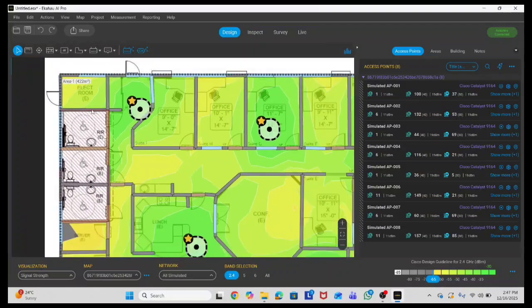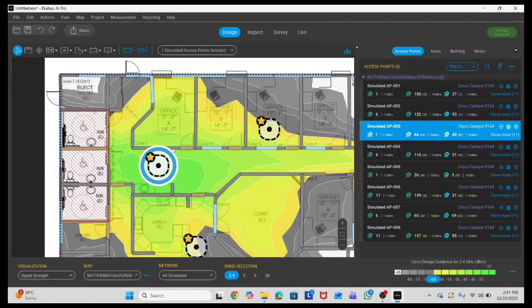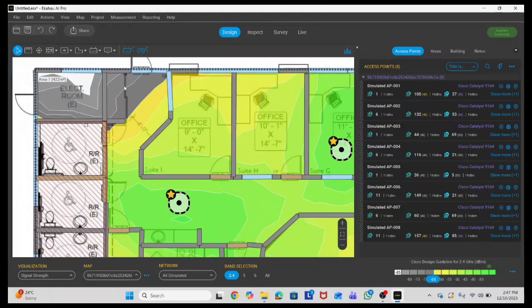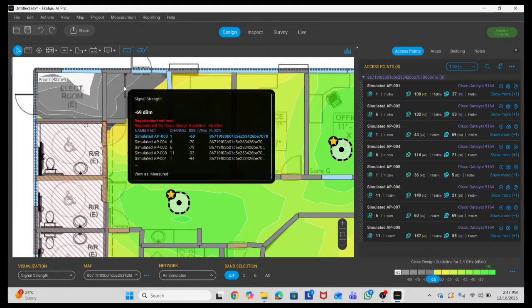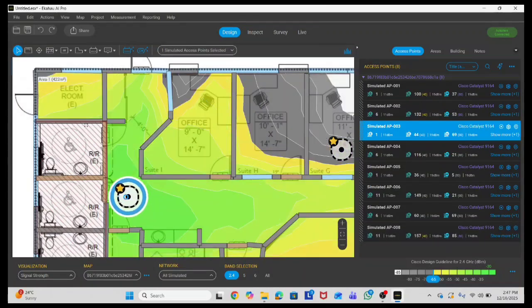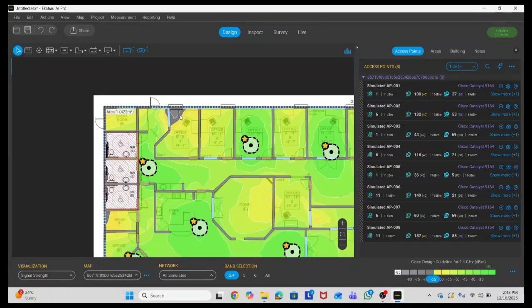So this is the electrical room. In this electrical room, mostly there is not much internet use. So what we are going to do, we'll place this access point on this corridor. Here on this corridor, we are losing our signal. What we are going to do, so we will place our access point, but if we place it